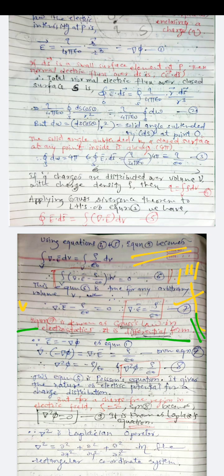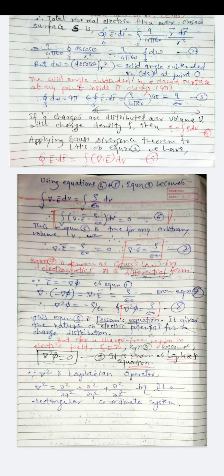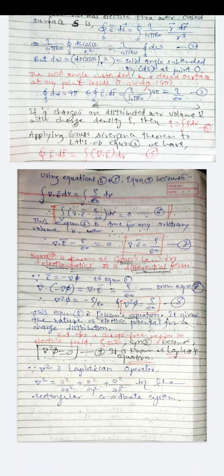Since E bar equal to minus del phi as equation number 1 in the present article, the next step will be taking the divergence of both sides of this equation number 1. Here that step is done. Del of minus del phi equal to del dot E bar equal to rho upon epsilon 0. It is the combination of equations number 1 and 7 and taking the divergence of both sides of equation number 1.